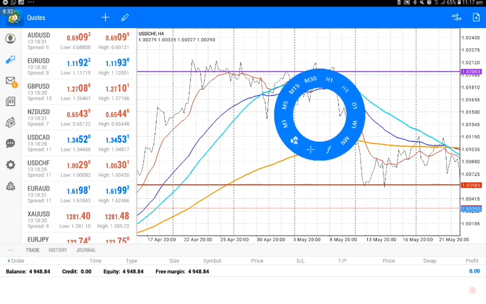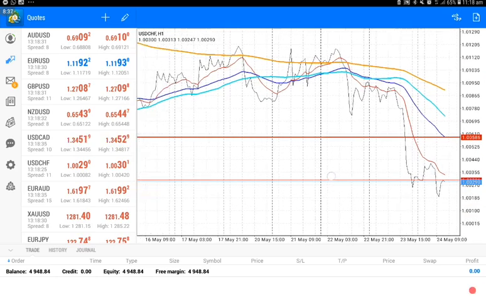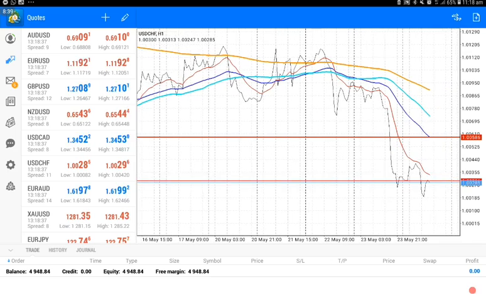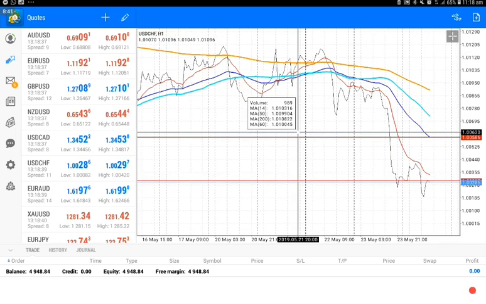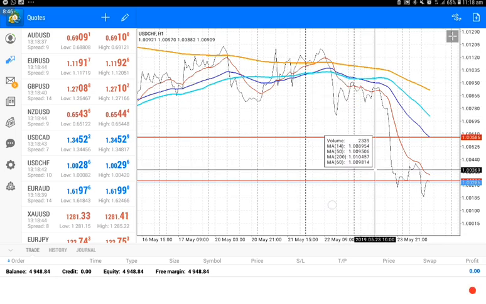Now I would come lower to 1 hour again, and on 1 hour I will find my support and resistance again. So right now I am seeing my resistance as this point. Can you see that? And I'm seeing my support as